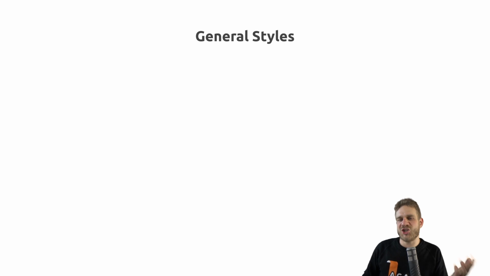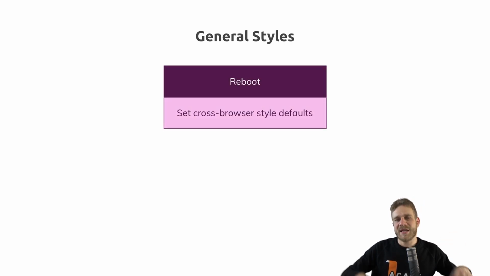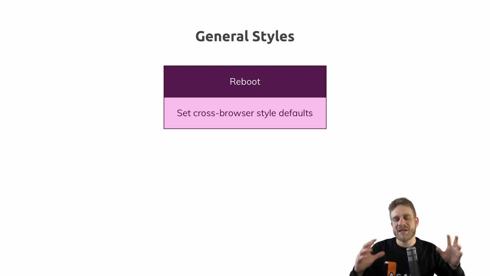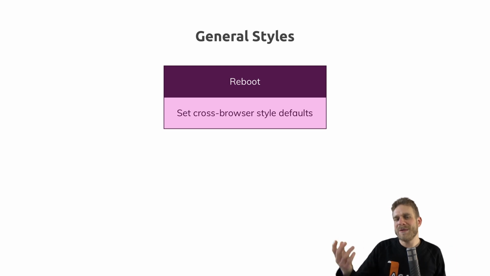So the first thing are the general styles. What does this really mean? General style simply means that for one, there is a general package called Reboot, created by the Bootstrap team, which styles a lot of things on your page so that they look and behave equal across browsers. Because each browser comes with its own set of default styles, and therefore some elements can behave a bit different or look a bit different in the different browsers. And Reboot simply is a part of Bootstrap that makes sure that we all start on the same level.